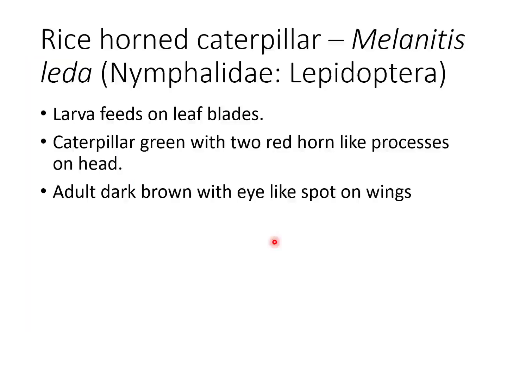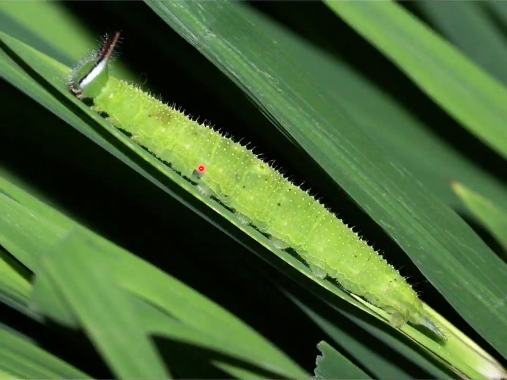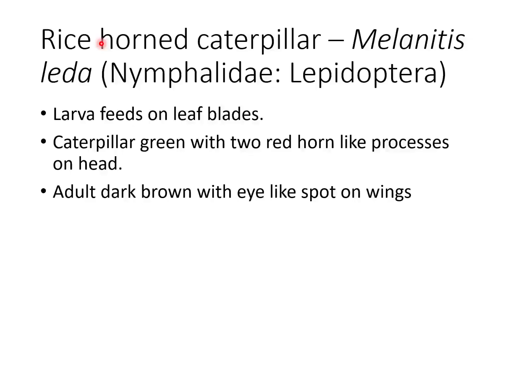Coming to the next pest, that is rice horned caterpillar Melanitis leda. It is a nymphalid insect belonging to the order Lepidoptera. This is the typical larva, that's why it is called rice horned caterpillar. You see, the larva is greenish in color, but it has two horns on the head. So that's why it is called rice horned caterpillar, and the horns are reddish in color, and the adult